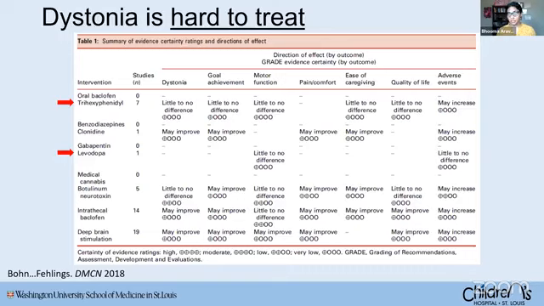And these have been changes to my practice in recent years. Again, I'm happy to discuss. I think this is a newer and controversial approach. The last things to think about are next line treatments after pharmacologic agents. Botulinum toxin has shown improvement for focal dystonias, and then intrathecal baclofen and deep brain stimulation, which I'll talk about